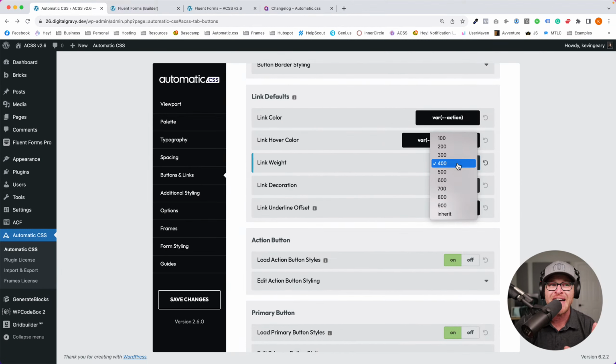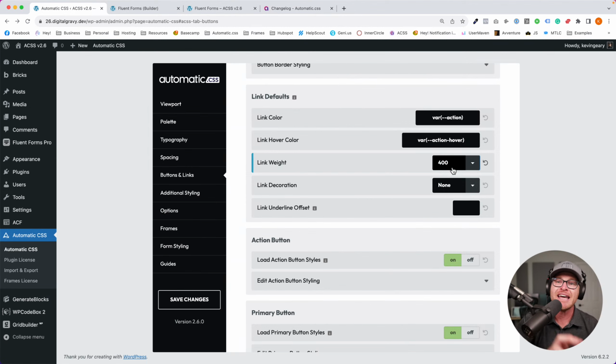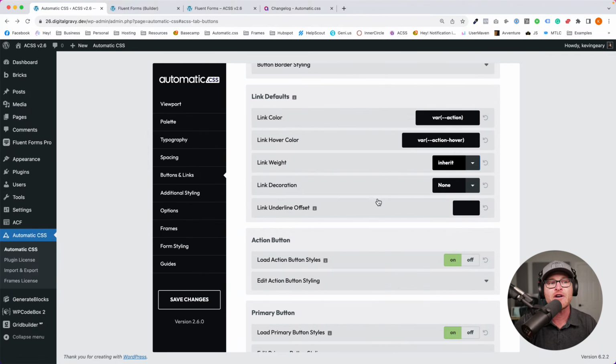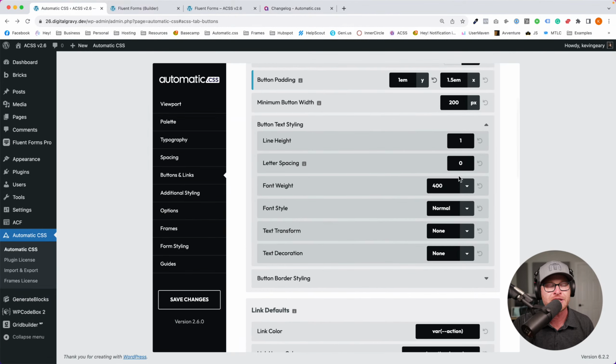If I'm forced to set a value here, like 400, and then I have a bolded paragraph and I put a link in that bolded paragraph, the link, unfortunately, would be forced back to 400. It wouldn't be bold like the rest of your paragraph. So what you actually want to choose here for your link defaults, which is the new option, is just inherit. Wherever I use the link, inherit the styles that are in that container. So if I have a big bold paragraph of text and put a link in it, it's going to be bold because it's inheriting the boldness. If the paragraph is not bold, let's say it's 400, it's going to inherit 400. So for links, for sure, this is very, very, very important. But you can do it on buttons as well.